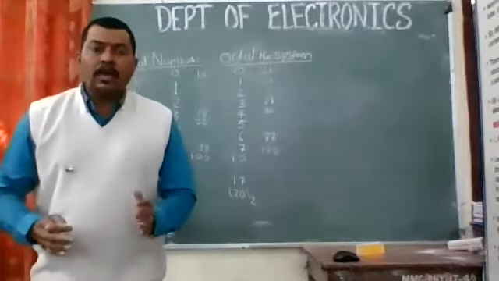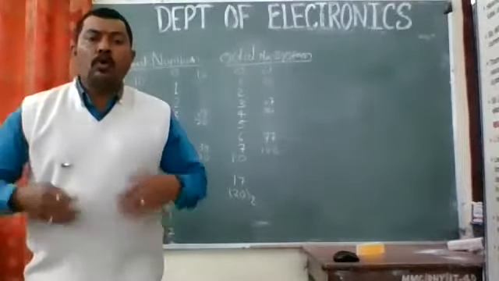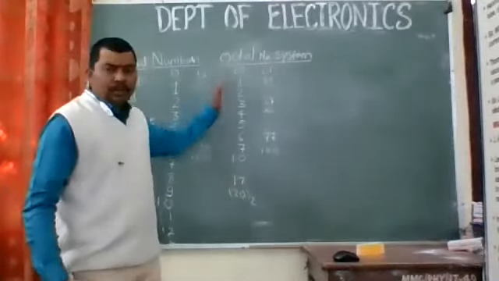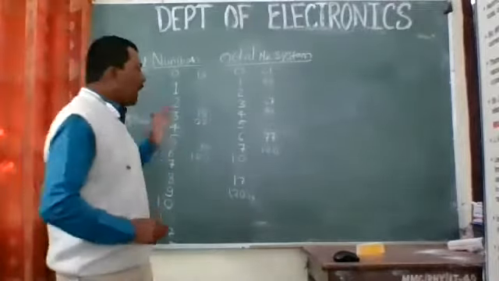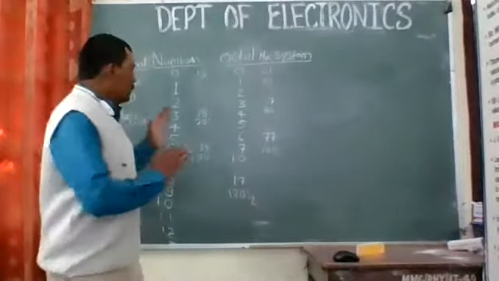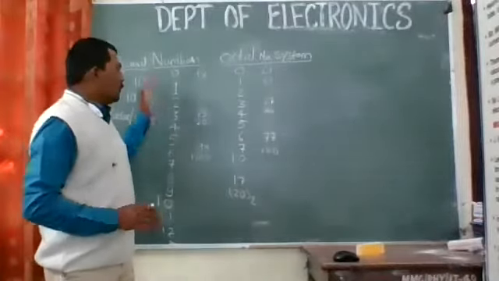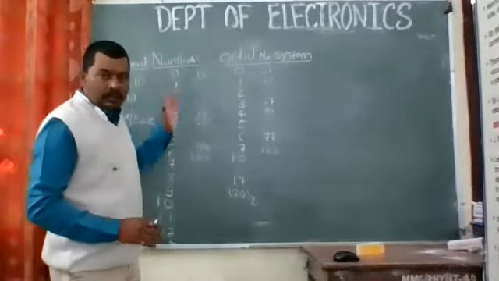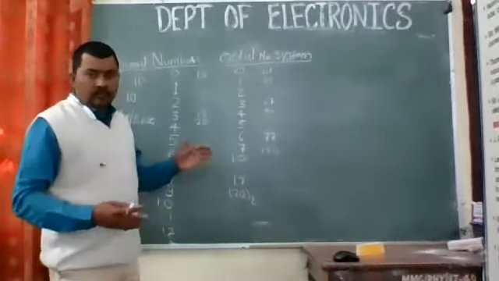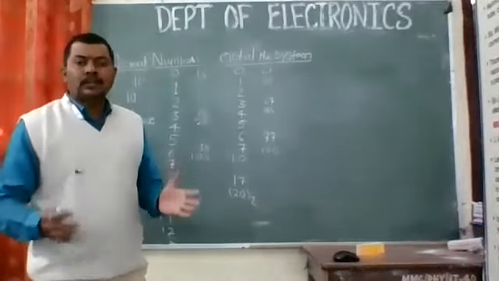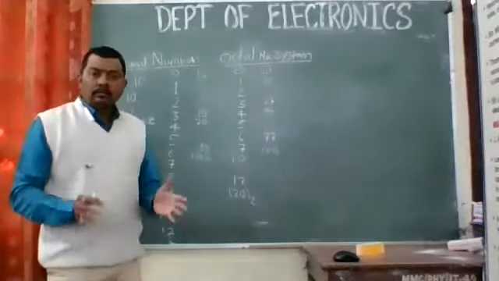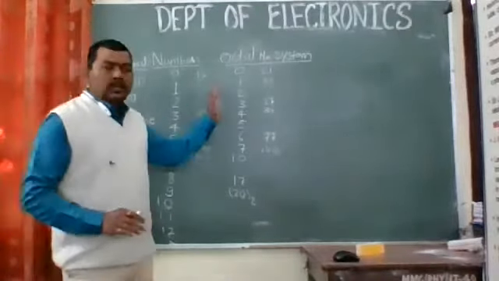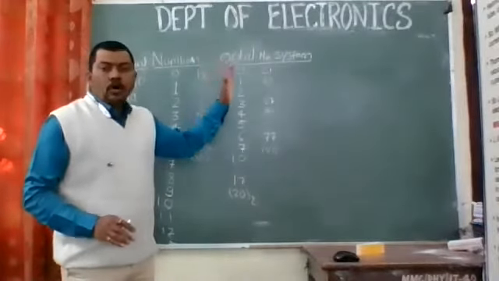So this is how you can make your own number systems as you require, right? Depending on that, we'll have different types of number systems, and we have to study all those number systems. I guess this is okay for you. So the first number system is the decimal number system. Up till now, we have studied this decimal number system, and now further we are going to study the other number systems that are available in electronics and that we are going to use in electronics. So this is another number system that we call the octal number system.